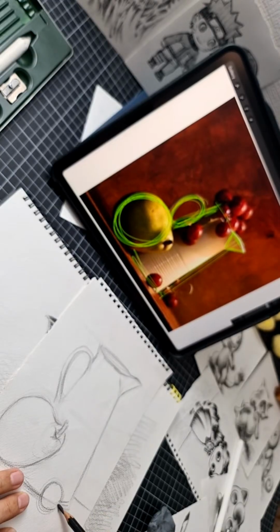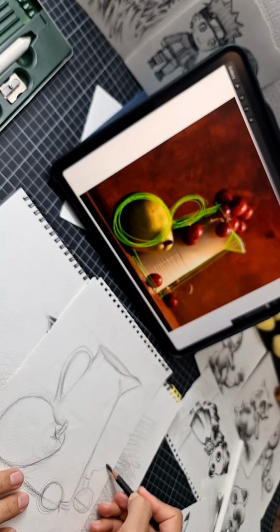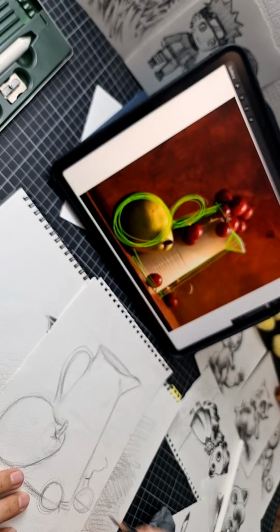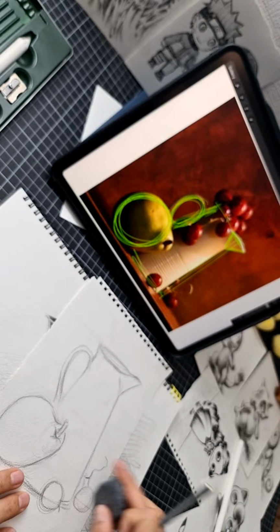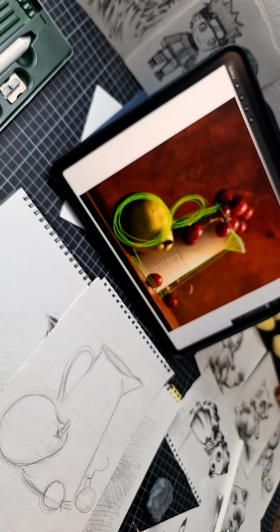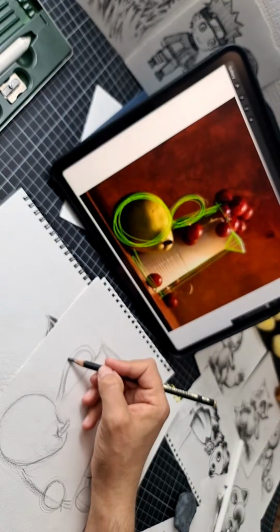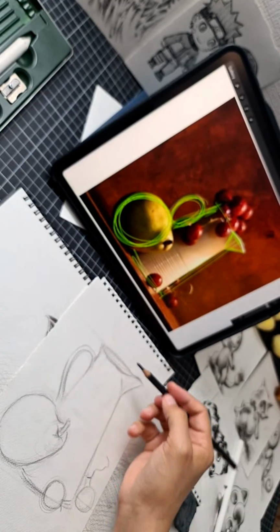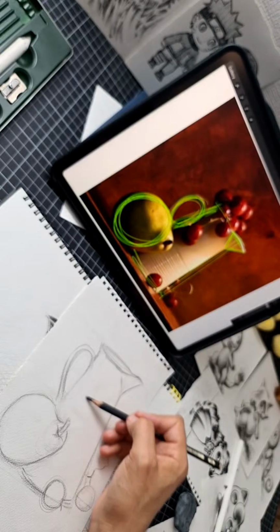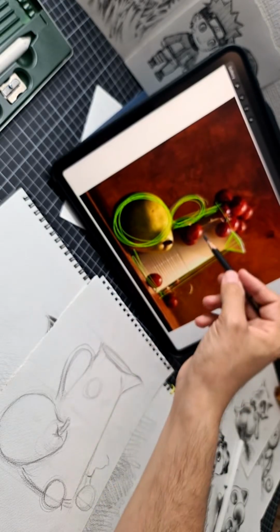So, first grape, a few in the background. Here we go. And now I add a few here. As you can see,